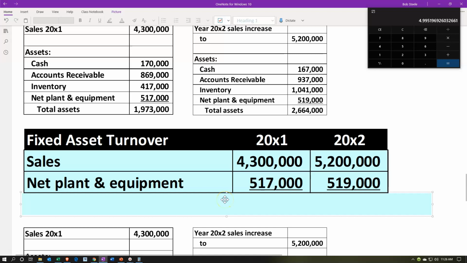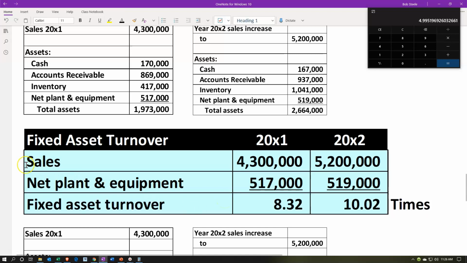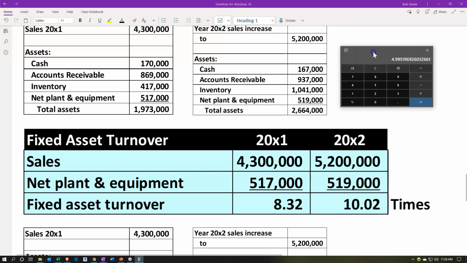These are names for the long-term assets, the depreciable assets, those large things, buildings, equipment, and so on and so forth. So comparing this out, and clearly we have the same thing, just like with all the turnovers. We've got a sales item and a balance sheet item. So you might see the balance sheet item indicated as net, or average plant and equipment, beginning of the period plus end of the period divided by 2, if you see that context. So let's divide this out. We've got the 4300000 divided by the 517000. We've got the turnover of